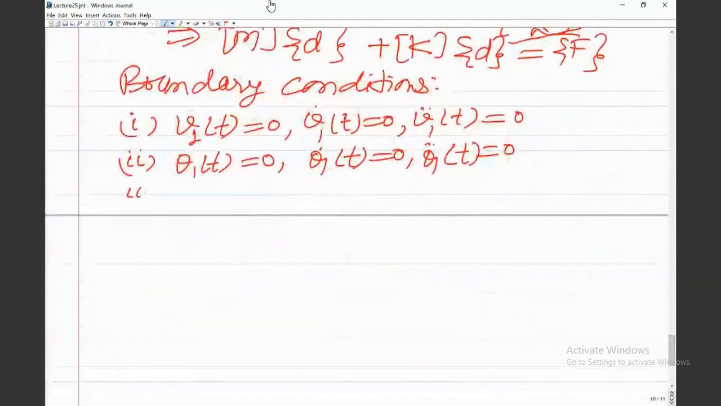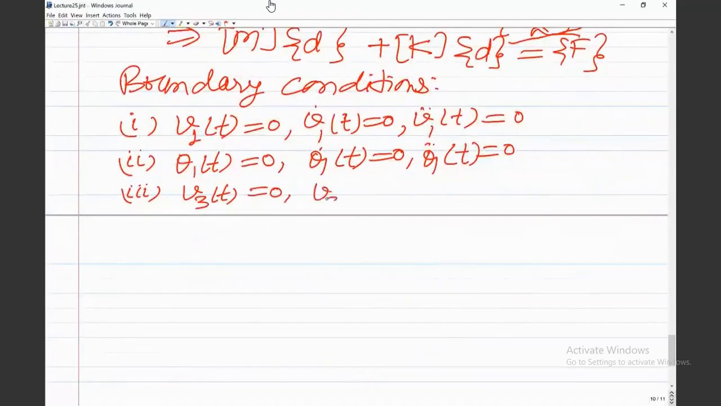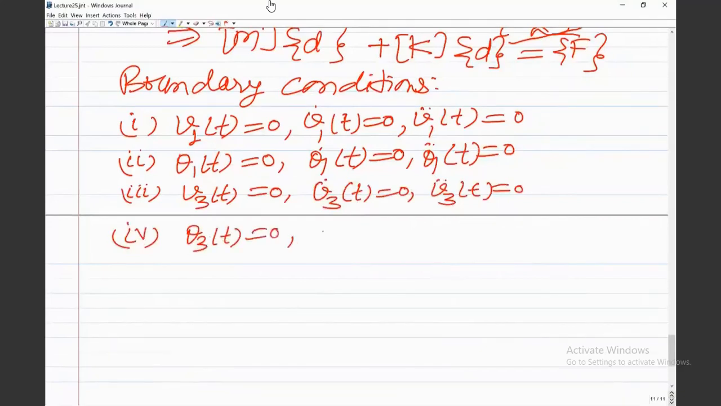Then if you look at the third global node, V3 at all time instances is 0. Therefore V3 dot at t will be 0, and V3 double dot at any time instant would be 0. The third node is also not allowed to rotate. So theta 3 at t is 0, and therefore theta 3 dot at t is 0, theta 3 double dot at t equal to 0. Now if you look at the center node,